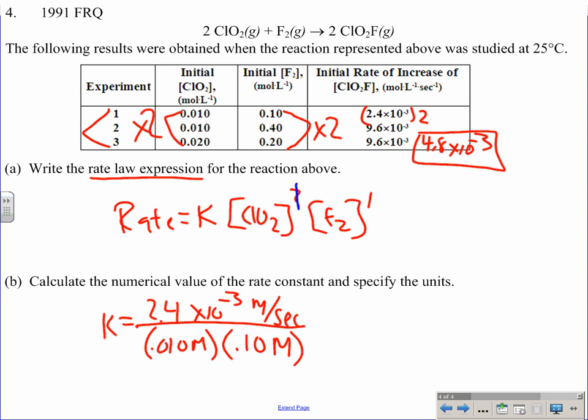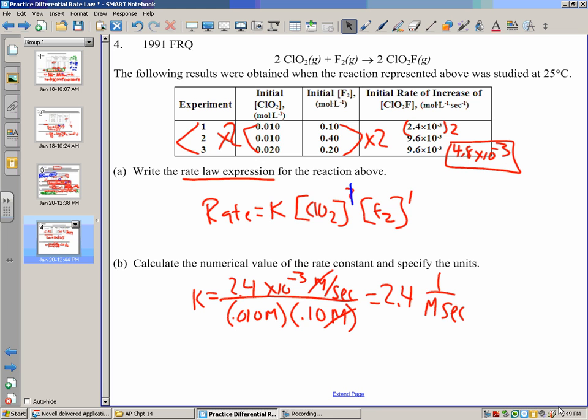And when I calculate, I end up with 2.4. And if you take a look here, molarities cancel. I'm left with 1 over molarity second, which makes sense because overall it's second order, so I should have 1 over molarity there on the bottom. And that ends our look at